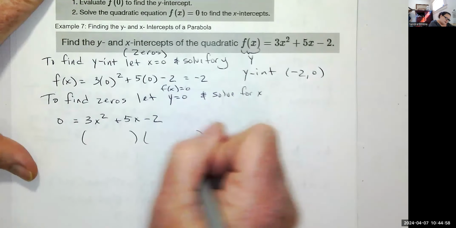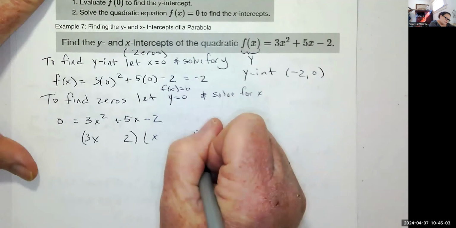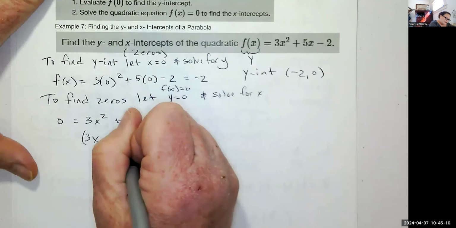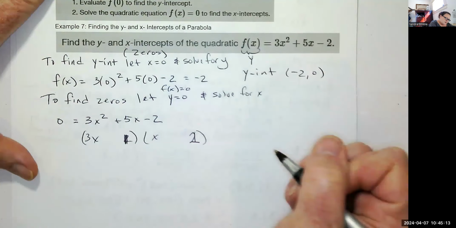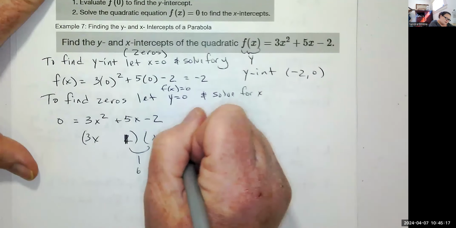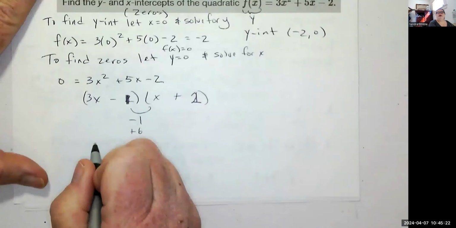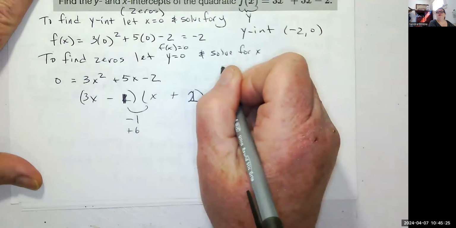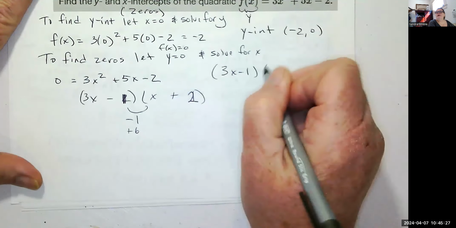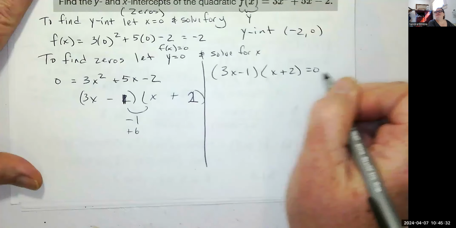Let's see what happens when I factor 3x and x. I'm thinking 2 and 1. Ooh, no, that doesn't work. How about 1 and 2? So that gives me a 1 and that gives me a 6. Positive, negative. That works. Okay, cool. So this is 3x minus 1, x plus 2. Once we get that, we set each of these equal to 0